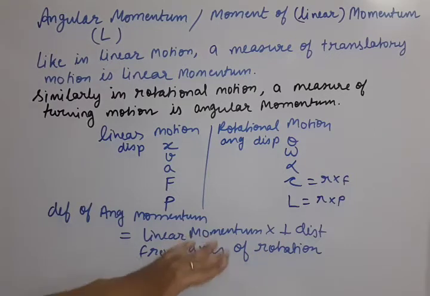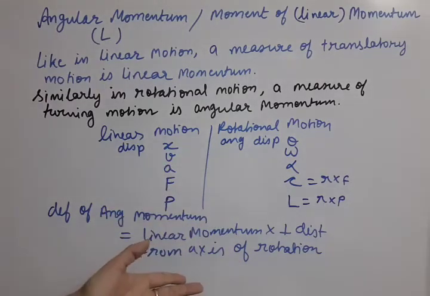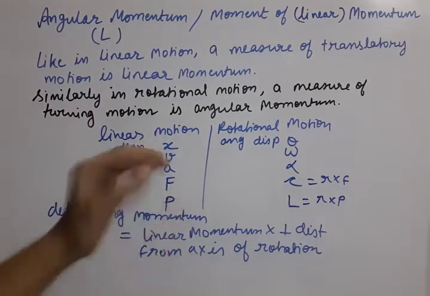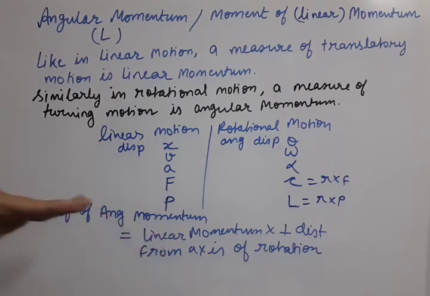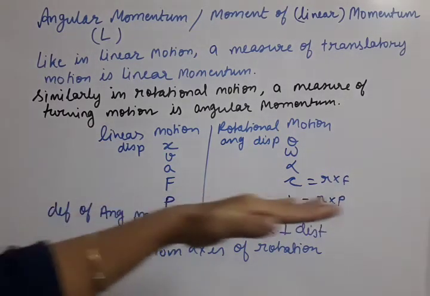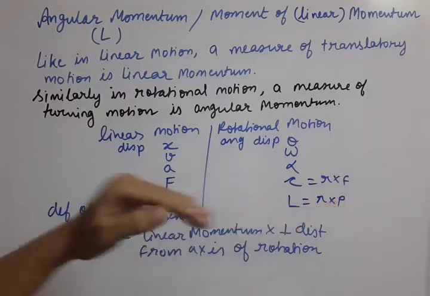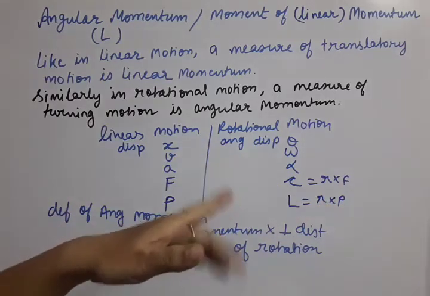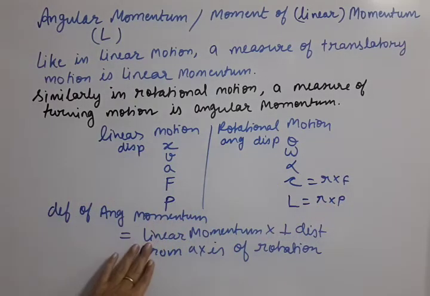We know that here the body is rotating. If the body is rotating, at that time it will possess angular momentum. If the body is moving linearly, translatory, then it is possessing linear momentum. So that way we have the idea about two types of momentum. Now let us come to the vector formula for angular momentum, because this is also a vector quantity. So note down this comparison.